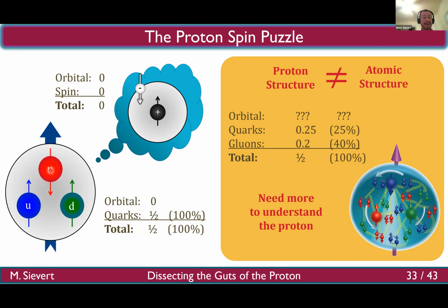You can easily satisfy that if 2 of the quarks are spin paired, and the third quark, which is spin 1/2, gives you the overall spin of the proton. That would be a scenario in which there is 0 orbital angular momentum, just like the S-wave ground state of the atom, and the quarks carry 100% of the proton spin. Perfectly reasonable expectation, which is totally wrong. When the EMC collaboration actually measured the quark contribution to the proton spin, they found that it's not 100%,